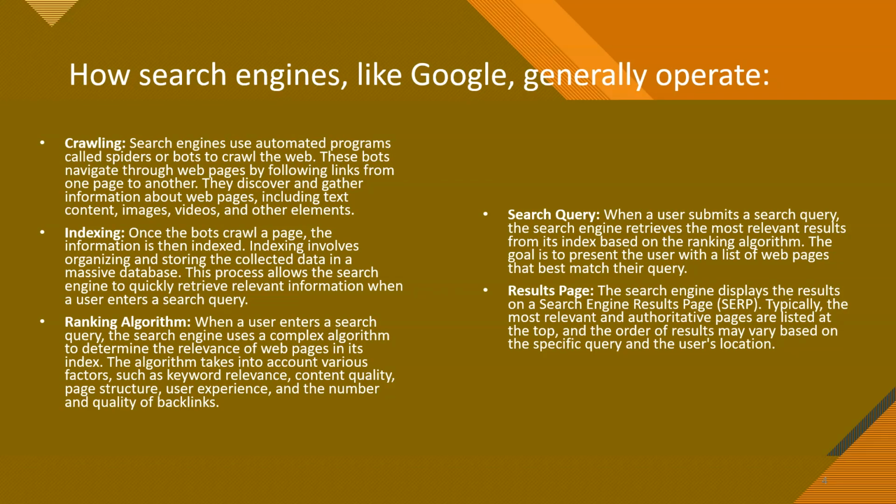This is where things like rank domain, rank authority, URL, backlink profile, which we'll get into later, all start to play a factor in this step of the basic display section, right? In the ranking algorithm, right? Like I said, the algorithm takes a lot of factors into account: keyword relevancy, content quality, page structure,